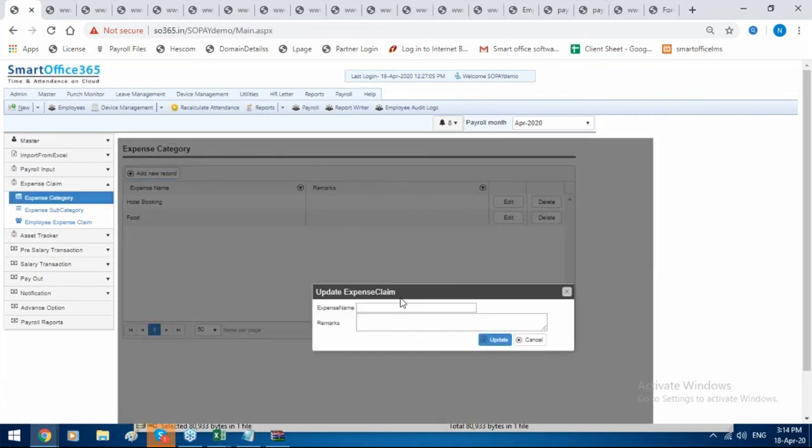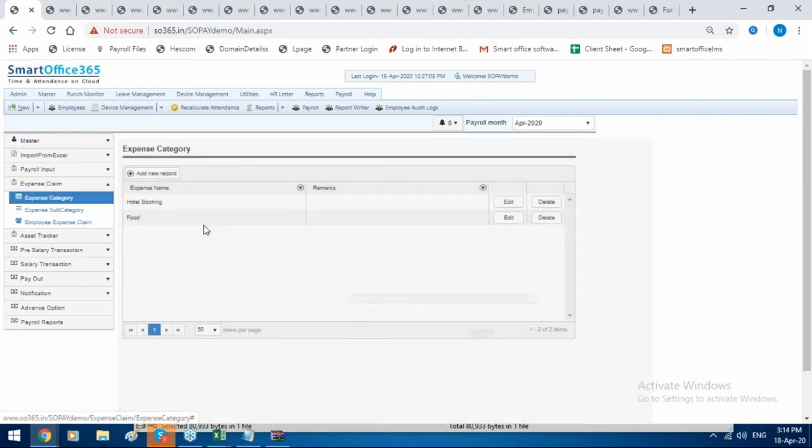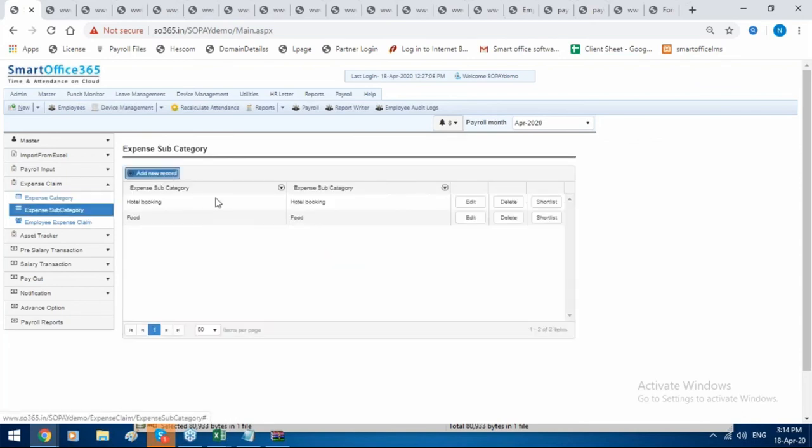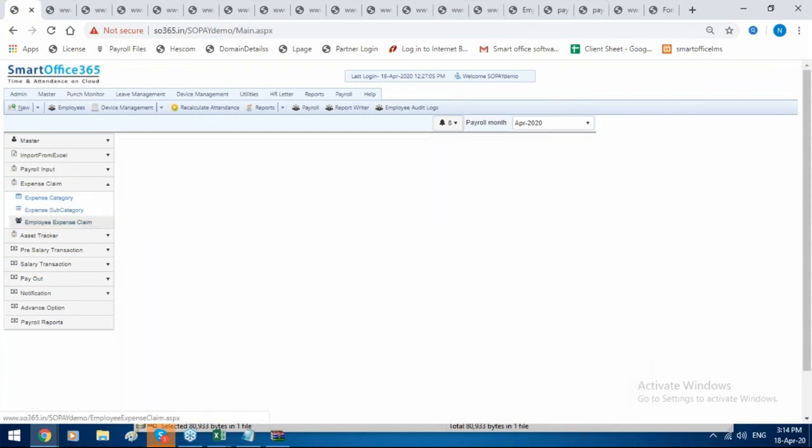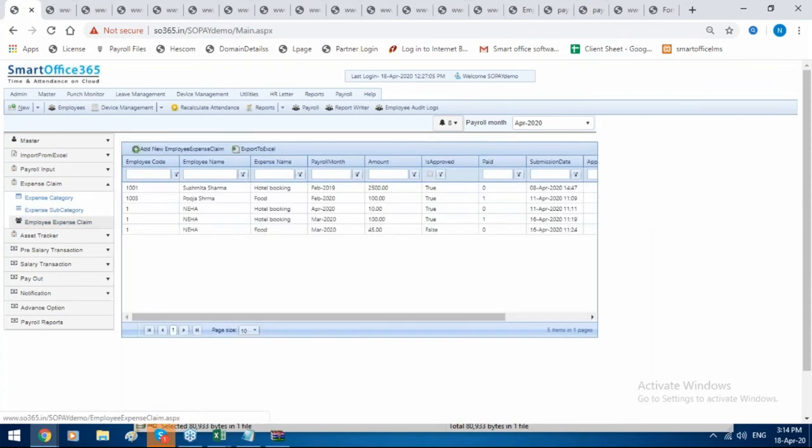You first need to create the category, like how I created for food. For that particular category you need to create a subcategory, and so that the employee can apply from the mobile application, you need to select the is active option. Okay, once it is done, click. This is what I'm showing from the HR point of view or the admin point of view. Employee can apply from the mobile application also, so at the end I will show that also.